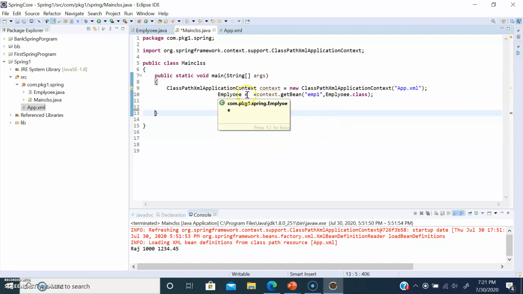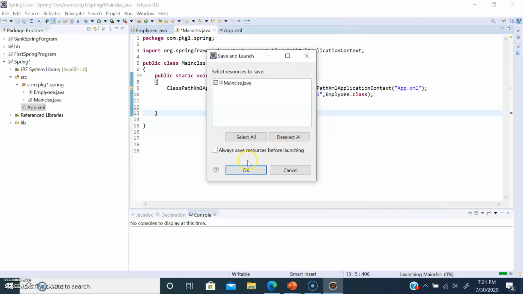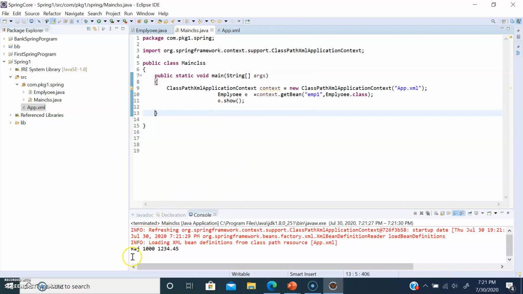By using the Employee class reference variable, we call the show method. Once I run this program, I'm getting the values Raj, 1001, 2, 3, 4.45. So by using constructor injection, you can pass primitive values and string based values.